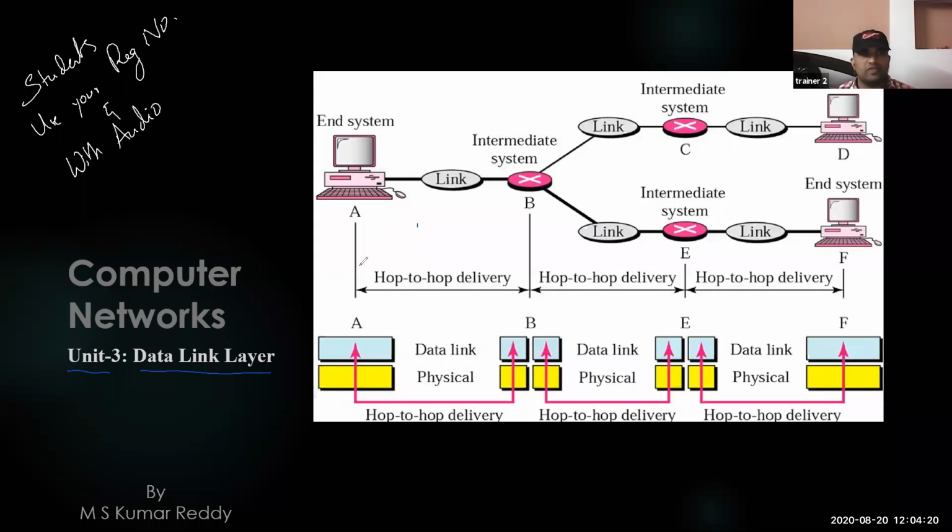So before starting this particular unit, let me first rewind those things which we discussed. The first unit actually gives the overview of all the remaining 5 units. That means what are the functionalities of different layers in the OSI or TCP/IP architecture that we discussed in our first unit. So in the second, third, fourth, fifth, sixth units, we are going to see those things in depth. Let me first remind you what we discussed in our first unit related to the data link layer.